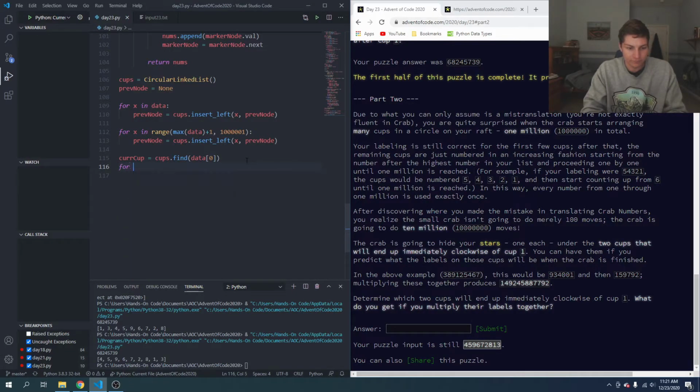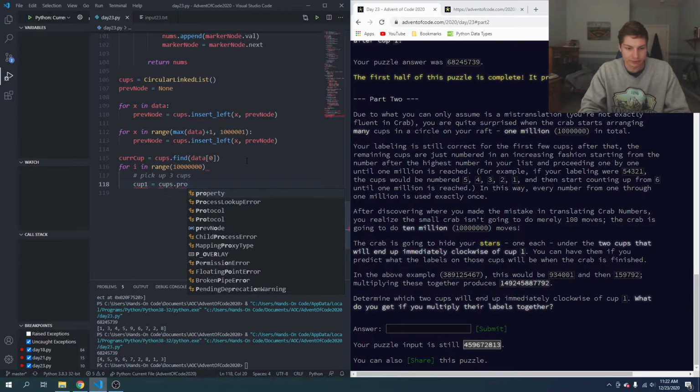And then for i in range 10,000,000, this one should be simpler. So let's pick up 3 cups. Cup 1 is equal to cups dot pop right,